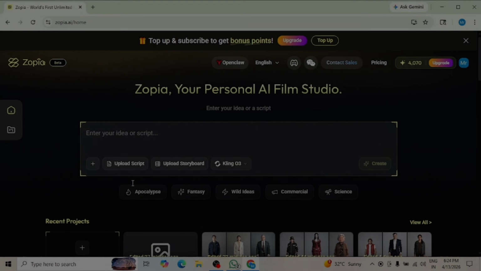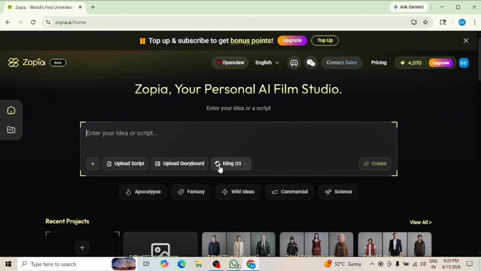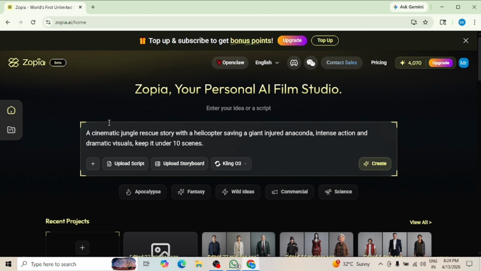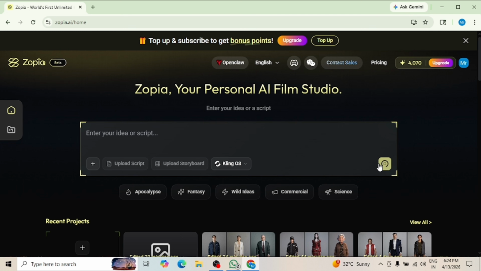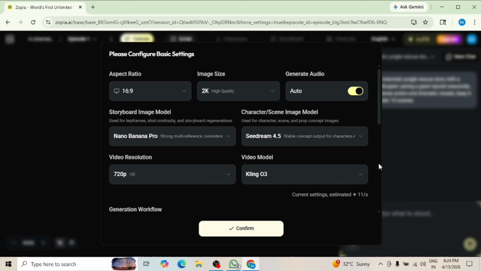After logging in, you'll see a clean interface with a prompt box where you can enter your story idea. For example, a cinematic jungle rescue story with a helicopter saving a giant injured anaconda, intense action and dramatic visuals. Keep it under 10 scenes. Now click Create. As soon as you click Create, you'll enter the main workspace where you need to set up